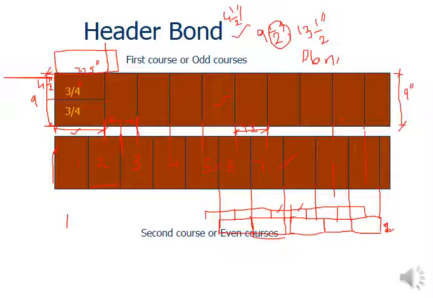Okay, and the bricks in the other consecutive course should be laid in such a way that the 4.5 dimension will be in the front face, while avoiding the vertical joints coming exactly above the vertical joint. Okay, so equally you have to divide in both directions. So 2.25 dimension on this side and 2.25 dimension on the other side of the joint. Similarly you have to do with the other joints. Okay, so in that particular way you have to lay your bricks. And what about the corners? Okay, so the corners need to be filled with the help of bats, 3/4 bats.